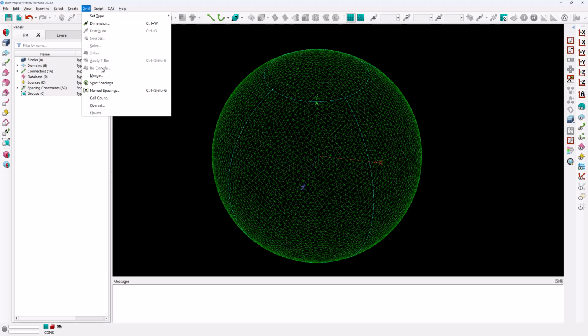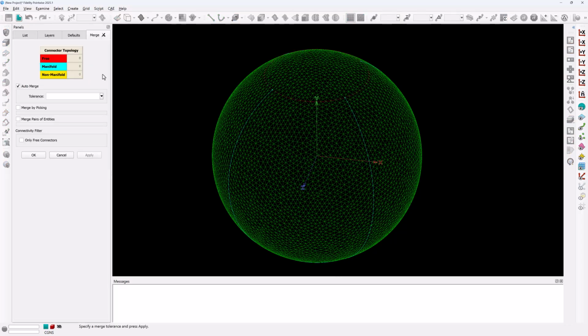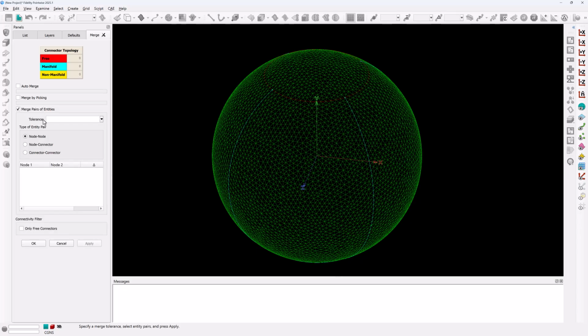However, let's go to grid merge, and I can see right there that I have a set of connectors that are shown in red. As we can see right here on this table, these are 8 free connectors. Now, if I want to actually make this grid watertight or point-to-point match, I'm going to have to merge those connectors. So I'm going to go to merge pairs of entities, connectors, put some sort of tolerance right here